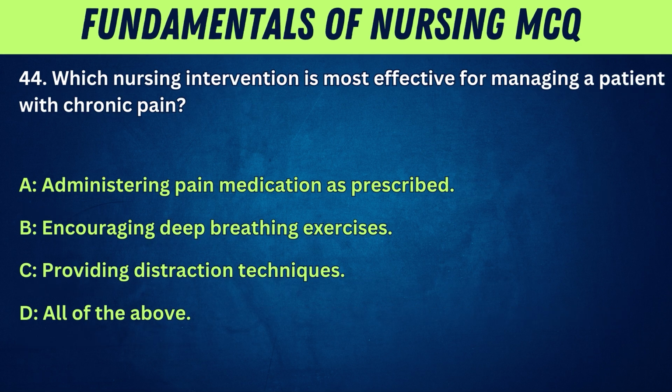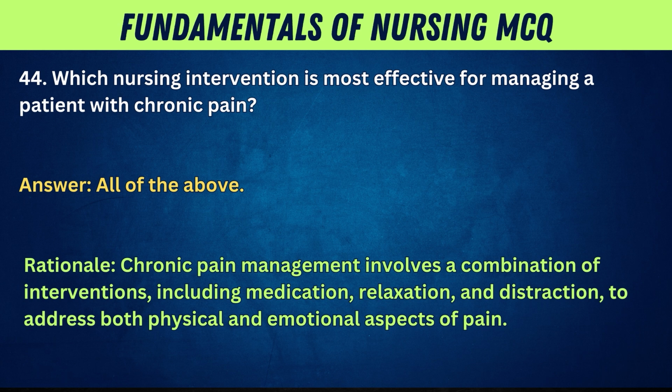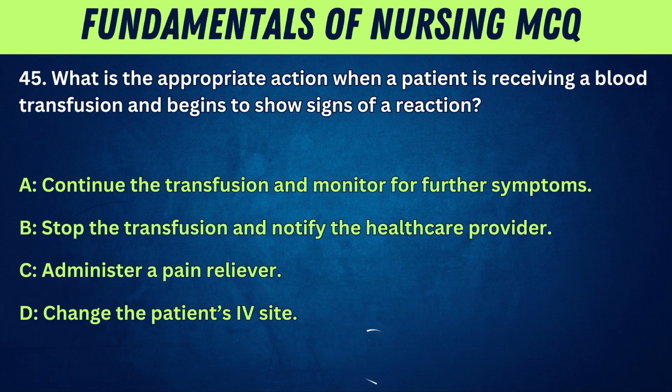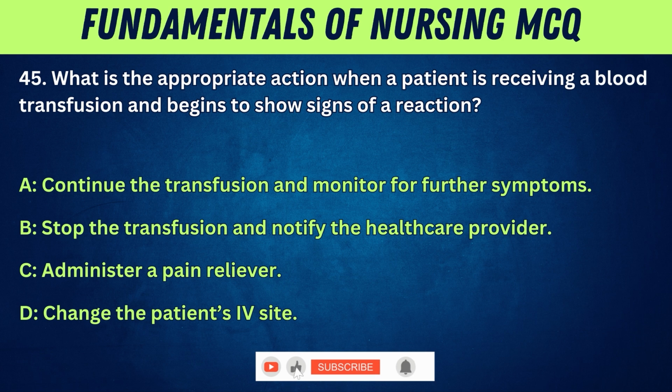44. Which nursing intervention is most effective for managing a patient with chronic pain? A. Administering pain medication as prescribed. B. Encouraging deep breathing exercises. C. Providing distraction techniques. D. All of the above. Answer: All of the above. Rationale: Chronic pain management involves a combination of interventions, including medication, relaxation, and distraction, to address both physical and emotional aspects of pain. 45. What is the appropriate action when a patient is receiving a blood transfusion and begins to